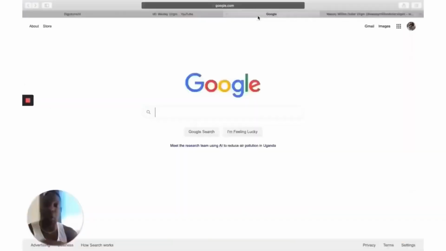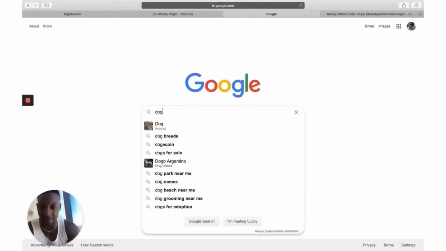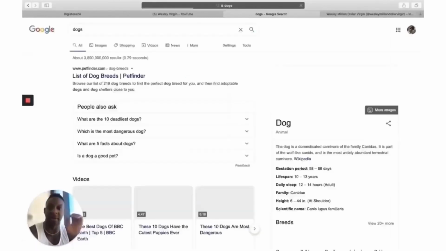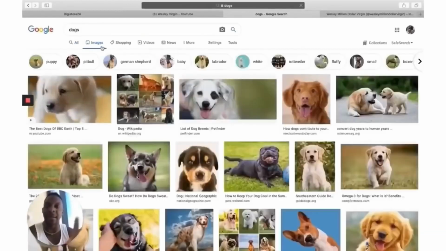Step one, go to google.com. Can you do that? So you might want to relax and do this with me right now, okay? Go to google.com and type in something like this. Dogs, okay? Dogs, all right? Then you go to images, because on the website that I'm getting ready to show you, every time you upload images,